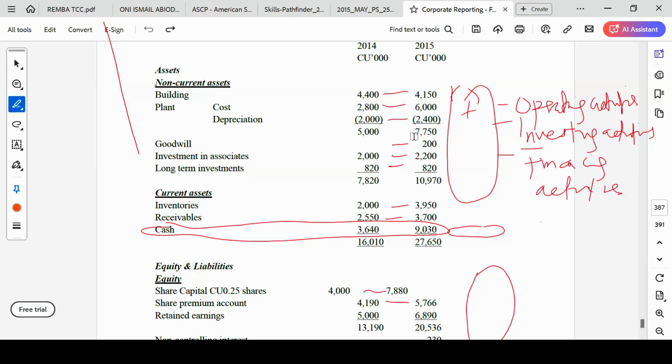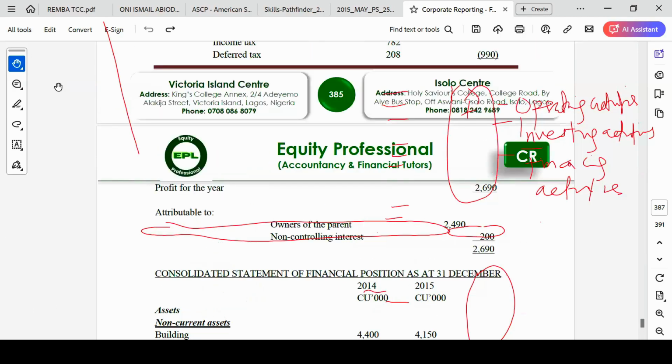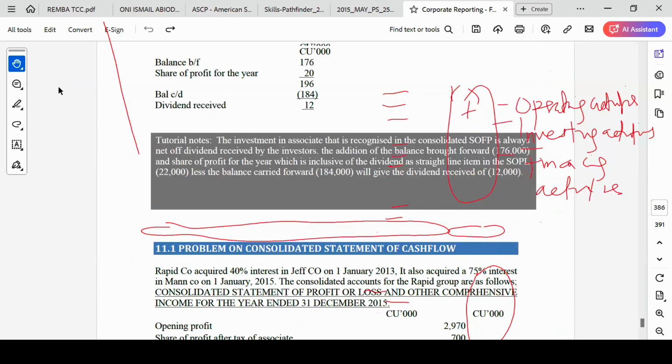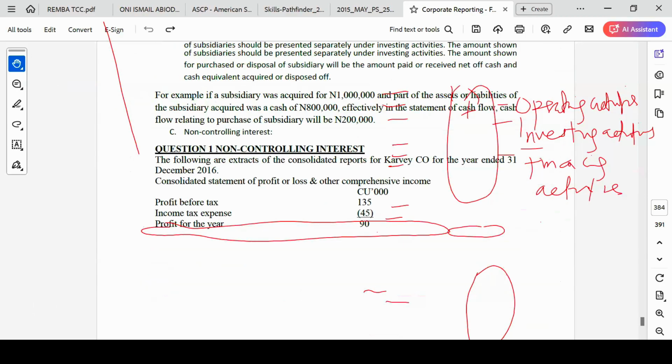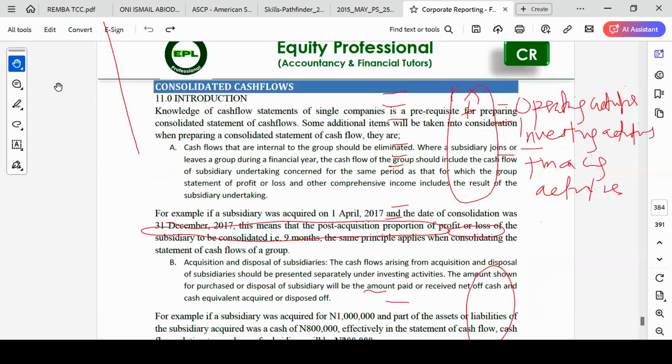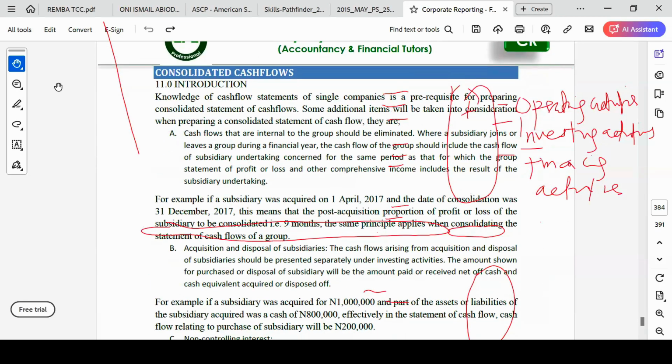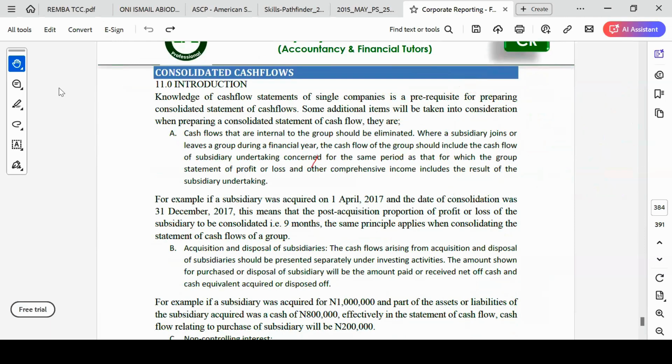All right. Okay, let's get to it. So I want to believe every one of us here, at one point in time or the other, has gone through the statement of cash flow. All right. So the material says,